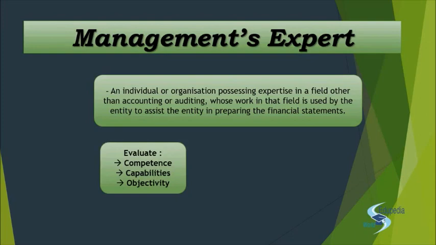Competence is the nature and level of expertise. Capability is the ability to exercise his competence, and objectivity is biasness, conflict of interest, and the influence that the management has on the professional and the business objectivity of the management expert. How does the auditor check it? If he has a previous experience, he'll use that. Otherwise, he'll talk to other people who have the previous experience,